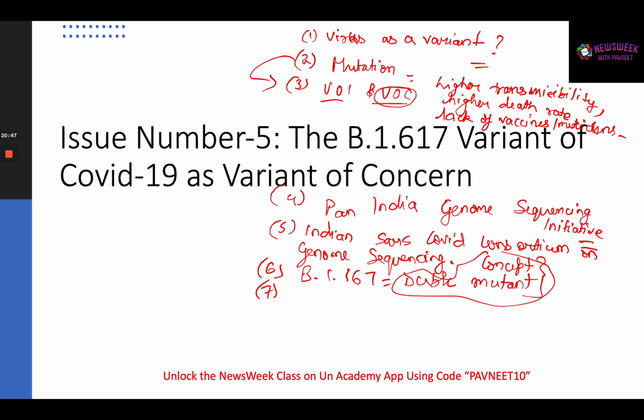क्लास में हमने ऑलरेडी डिस्कस करा है कि डबल म्यूटेंट क्या होता है और जो इसमें प्रोटीन के स्पाइक्स होते हैं वो कैसे आते हैं और क्यों आते हैं, और वो कौन से स्पाइक प्रोटीन, E484Q और L452R, मैंने आपको बताया था. And very importantly, you have to remember another important thing, that the B1617 is not the only